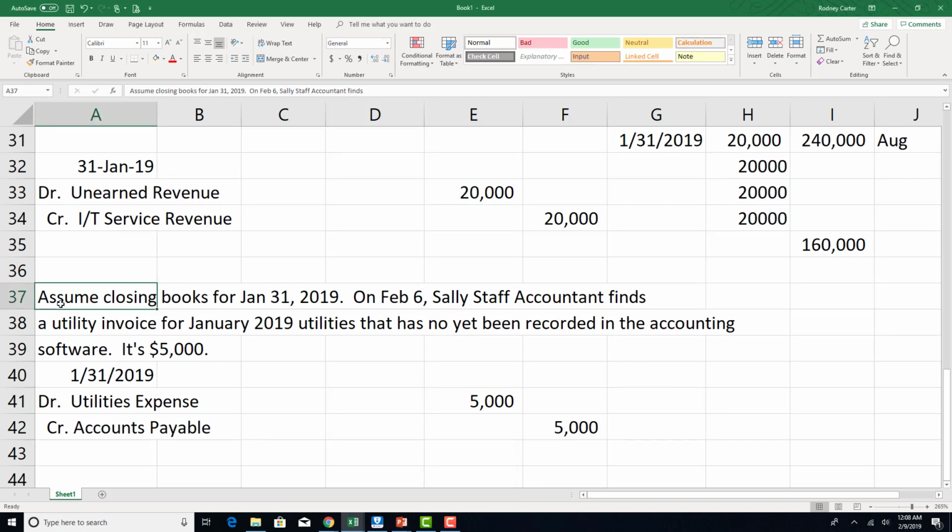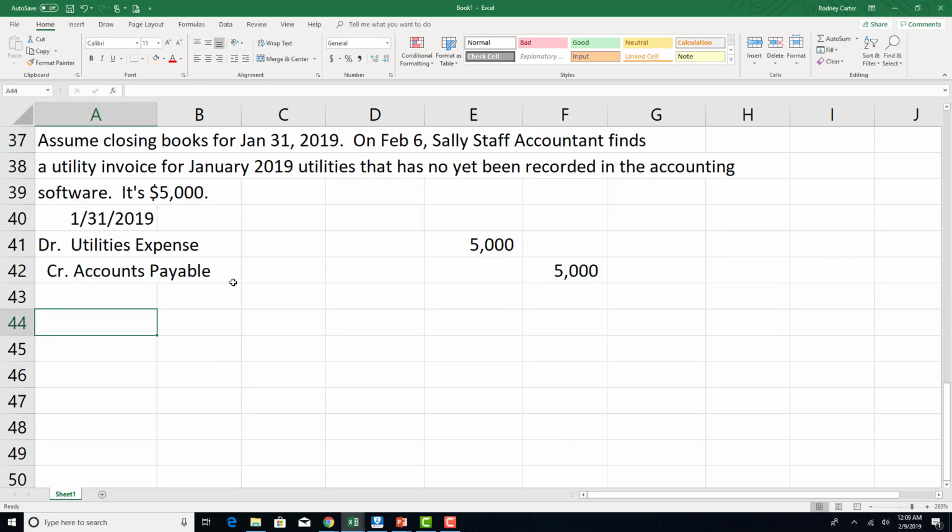The same thing could be found with revenue. Let's say we're a smaller business and I go to the owner and he tells me, hey, I actually delivered product, or I completed some services for someone and I have not yet told the accounting department. Let's say we're only a 5-person group, so everybody wears a lot of hats. So we find out on February 7th that owner John Doe